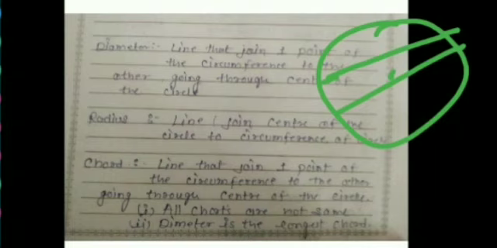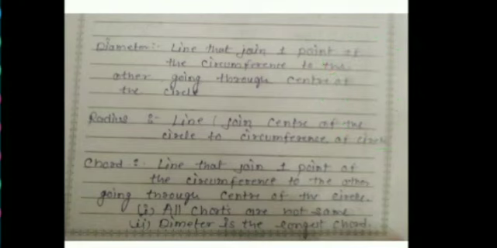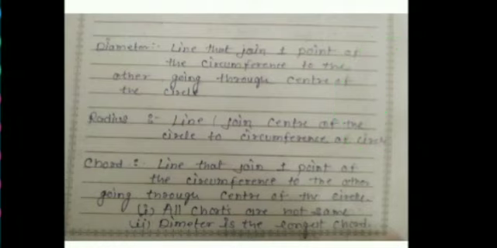But we will see some points. The first point is that all chords are not equal. This is one chord, this is also a chord, this is also a chord, so one chord is different from another. The second important thing, which comes in examinations many times, is that the diameter is the longest chord. Look at the definition of a chord: a line joining one point of the circumference to another point. It is the same as the diameter, but it is not going through the center of the circle. If it does, it will be called a diameter. That is why the diameter is called the longest chord of a circle. I hope you understood this.